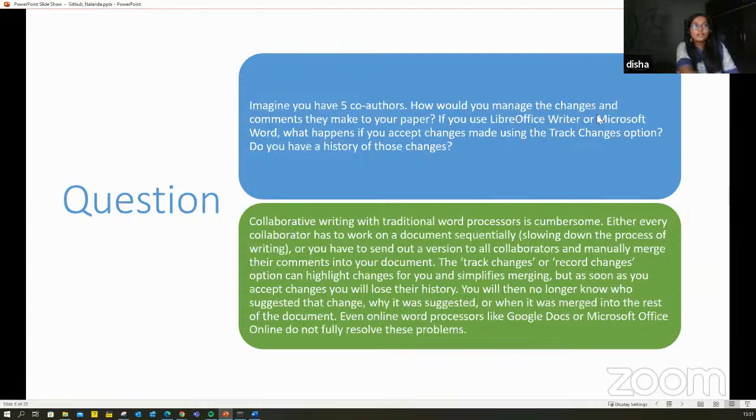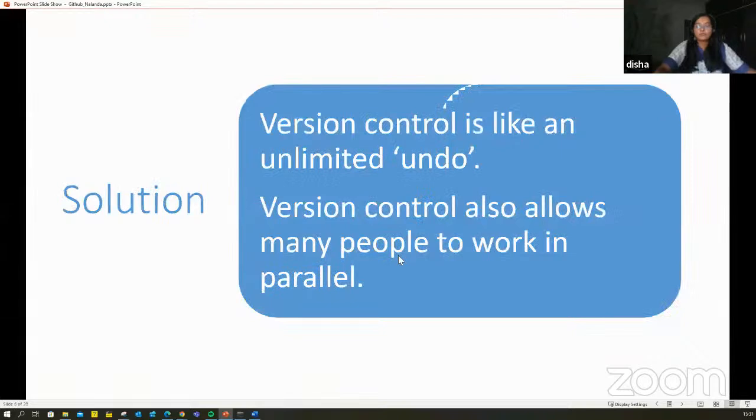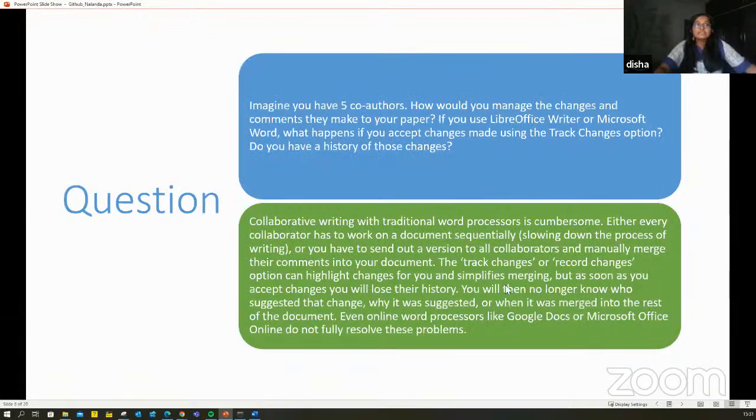ओके, सो ट्रैक चेंजेस बेसिकली क्या करता है कि ये हाईलाइट करता है आपको कि क्या चेंजेस किए थे. ओके, एंड देन यू कैन टेक अ एक्शन ऑन इट कि आपको ये चेंज एक्सेप्ट करना है या एक्सेप्ट नहीं करना है. सो डू यू वांट टू मर्ज द चेंज और नॉट मर्ज द चेंज? आई एम स्पेसिफिकली यूजिंग दिस वर्ड्स लाइक मर्ज, कमेंटिंग वगैरह बिकॉज some of these terminologies are carried forward into the version control universe as well. Okay, so pay attention to these keywords that I am using. Merge ho gaya, commit ho gaya, revision ho gaya.